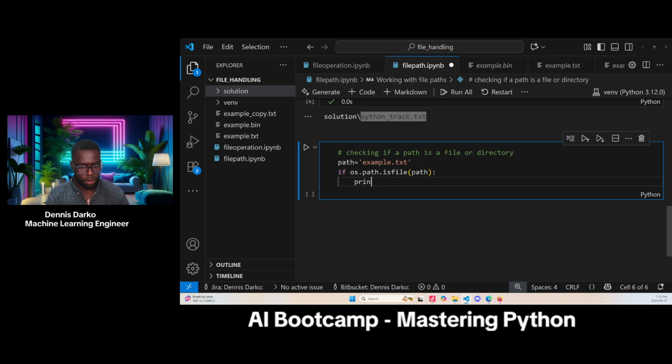Then we print. We just print the path. So we'll do something like this, and inside it will say the path. You guys remember these things, right? Then we will say the path. Then outside I bring another one like this, and that's it. Then I will say outside, is a file. Else,